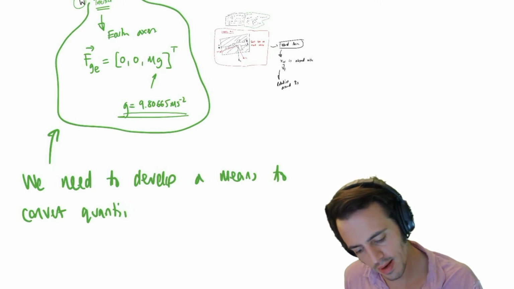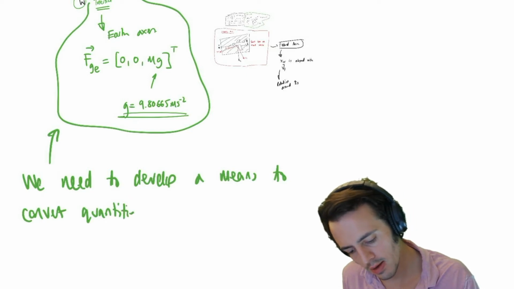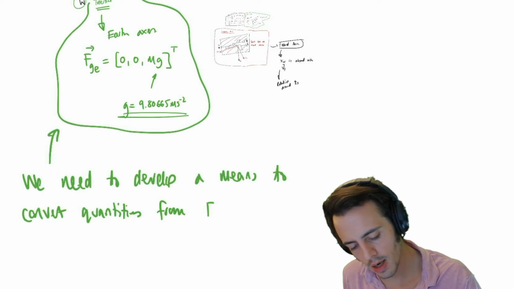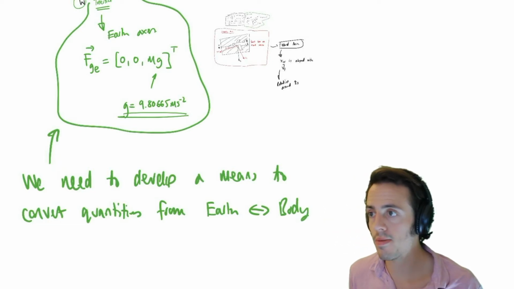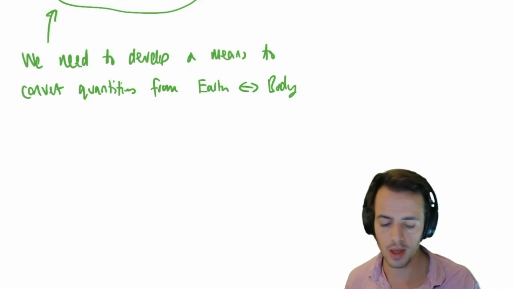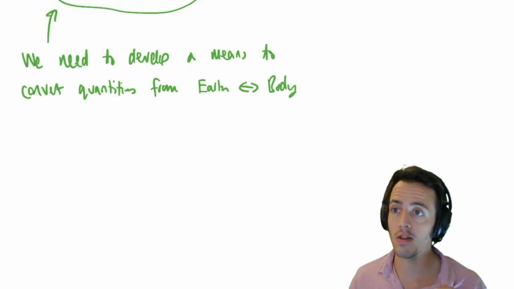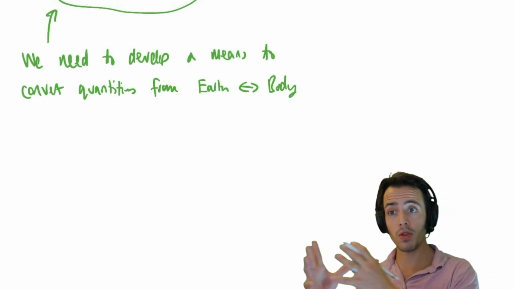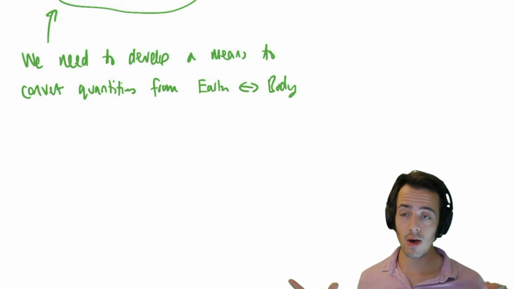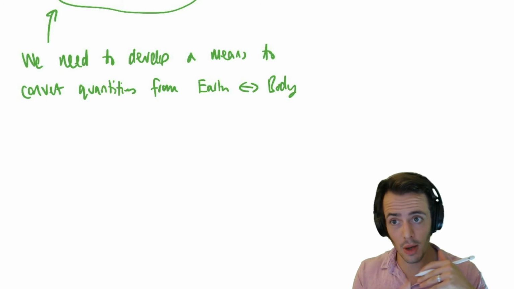We need to develop a means to define quantities, or convert quantities, from Earth back and forth with body axes, okay? Because there's reasons why we're going to want to go between them both. So to develop the equations of motion, we need to be able to take our gravitational force and put it into body axes. But if, for example, we're looking at working out an aircraft's trajectory and plotting its displacement